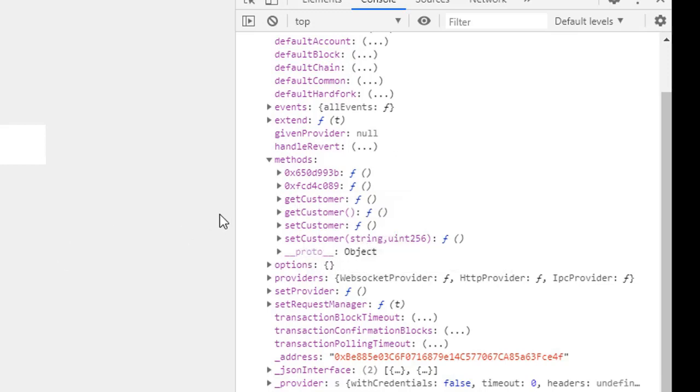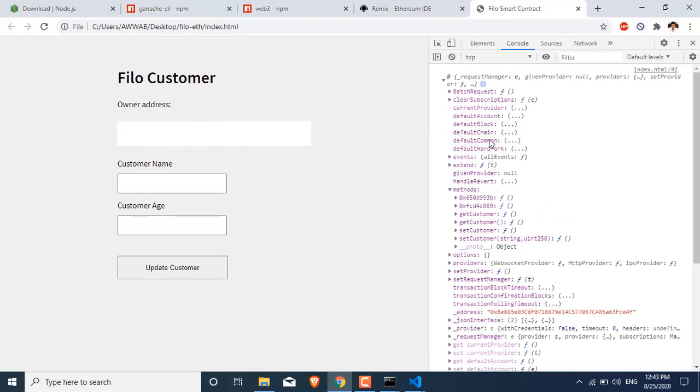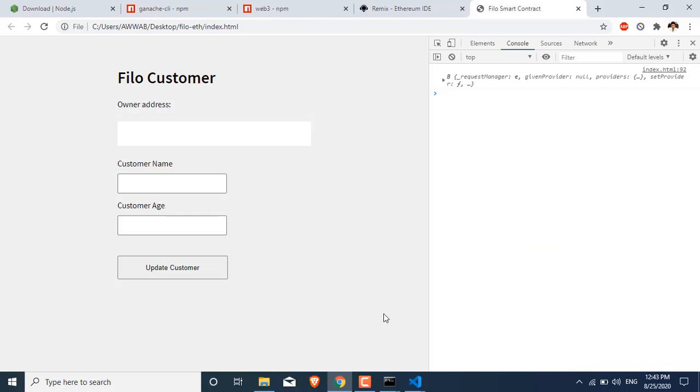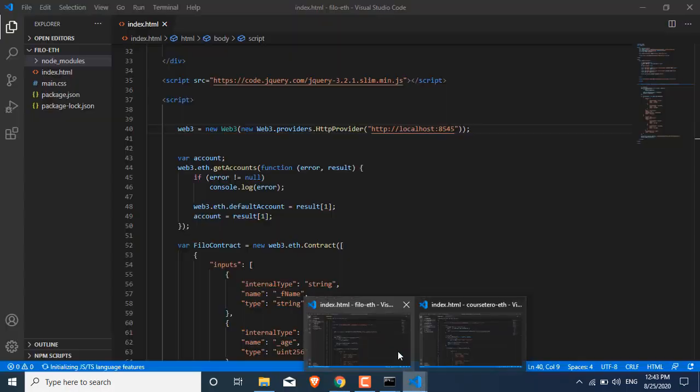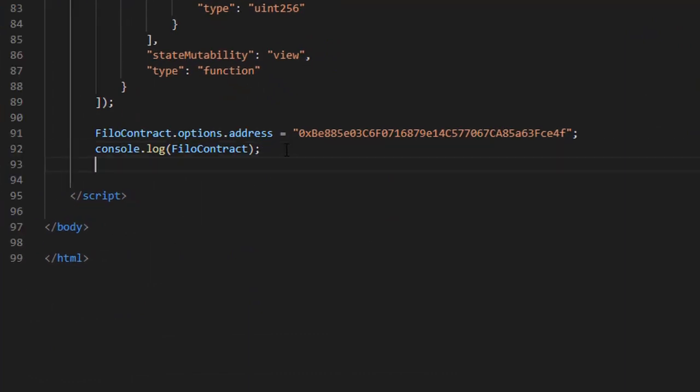So now we are going to call these two functions to set the customer name and age from there, and also get the customer information which will display here. So let's create that. We are going to call the get customer method to get the data.